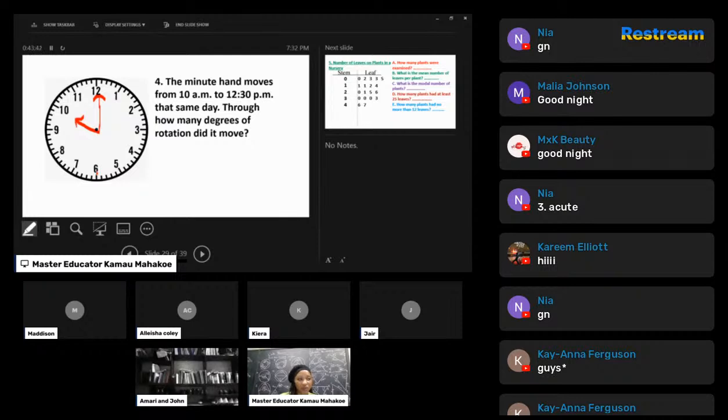So I think you left out one rotation. You said 1.5, but it's really 2.5. So it would be 2.5 times 360. All right, so that gives what? 900 degrees. 900 degrees.